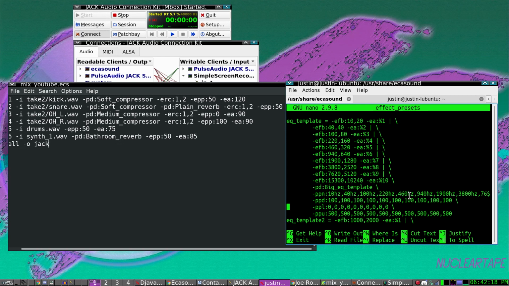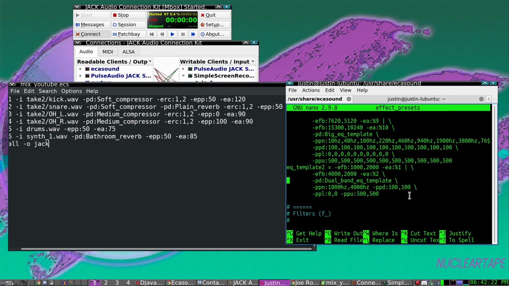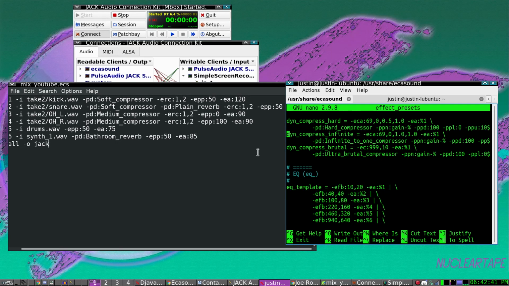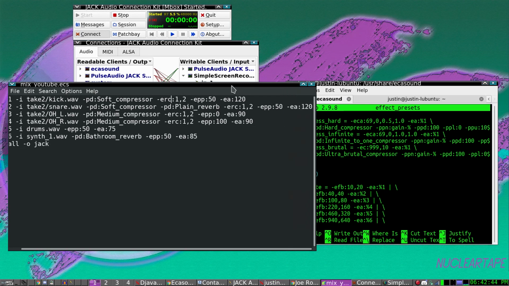Mine's fairly simple, but basically all this stuff is just a bunch of different parameters. Ecasound has a lot of built-in effects. It also has the ability to use LADSPAs, but I did not do that in this example because that is even more complicated. But what I'm trying to say is the presets file makes it easy to use the effects. And the way that these work, for example, up here in my chain setup,